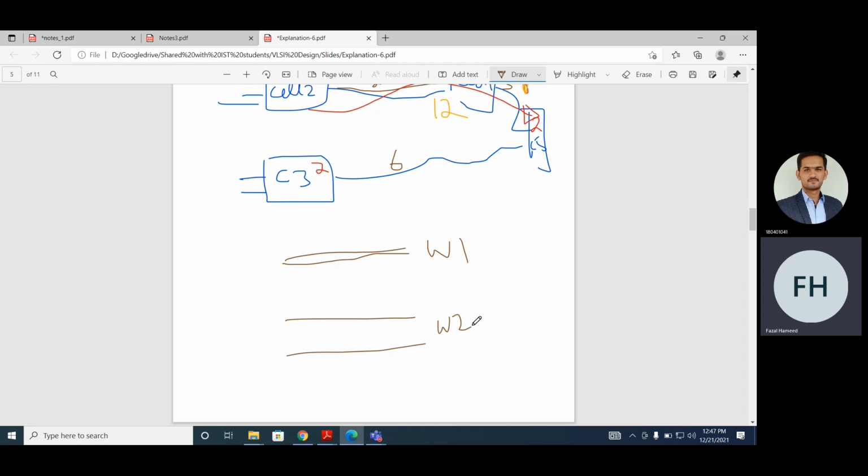So actually, once we have the critical path, for the critical path we can use wire 2, and for the less critical path we can use wire 1. So actually there are different metallization layers. In the metal layer we can say, okay, which wire will we use? The first wire, that is wire 1, is optimized for what? For area. And the second wire is optimized for what? For latency, for delay. So there is a trade-off between the area and the performance.